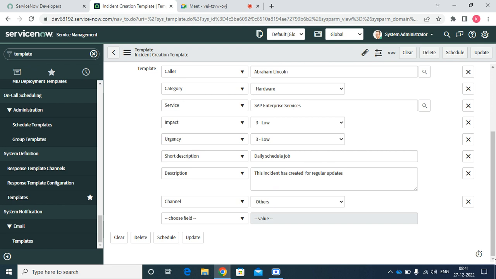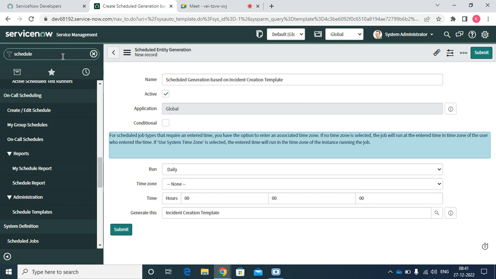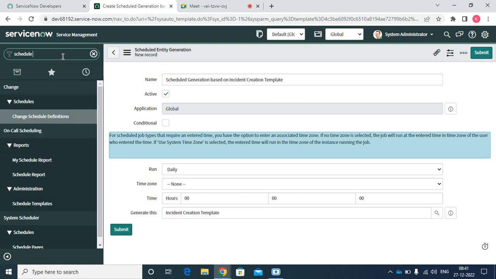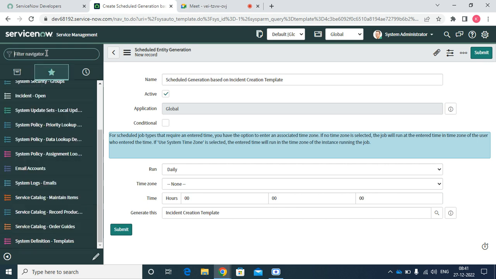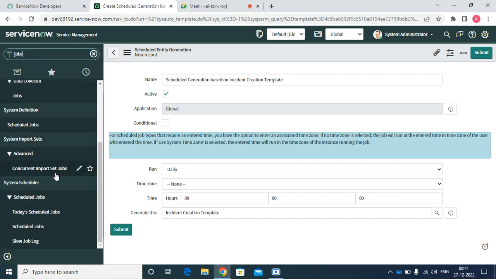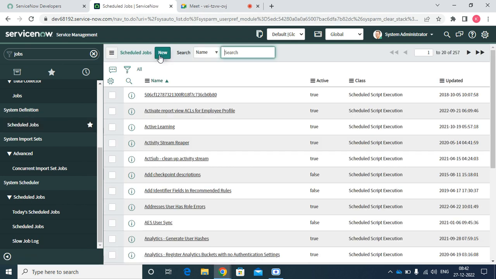Now the next step is, I'm just going to click on schedule. See, now I'm just creating one, or else if you don't want it, you can just go to the schedule jobs. See here, system definition, here we have schedule jobs. Open it. When you open the schedule job, there are three types of schedule jobs. When I click on new,